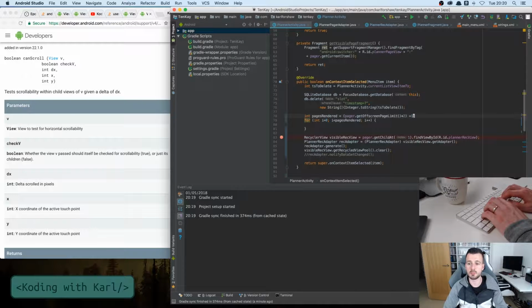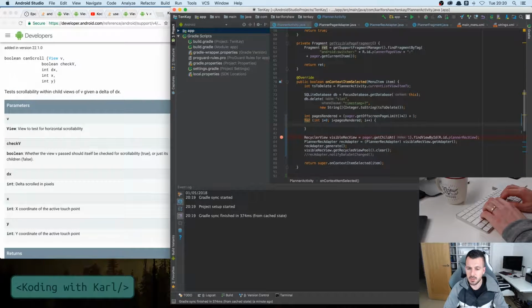So that should give us 3, but it keeps me future-proof if I ever change that off-screen page limit, that calculation will continue to work. I'm touching wood, but maybe not. So less than pages rendered, i++,